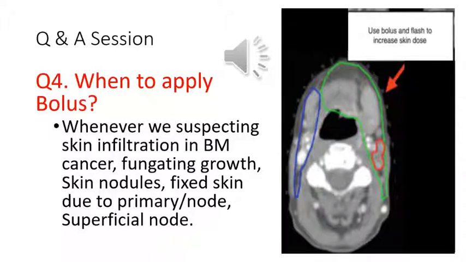But yes, I agree that tolerance becomes an issue, especially skin tolerance. So although it's a value judgment, if you're suspecting that the tumor cells were reaching the skin, we would like to give bolus as far as we can help it. Unless you're dealing with a very elderly, frail, diabetic patient, and you know that he or she will not be able to tolerate it, that's where we might omit the bolus in the latter part of the treatment. Or we are finding that the reactions have increased to an extent that we need to actually remove the bolus.